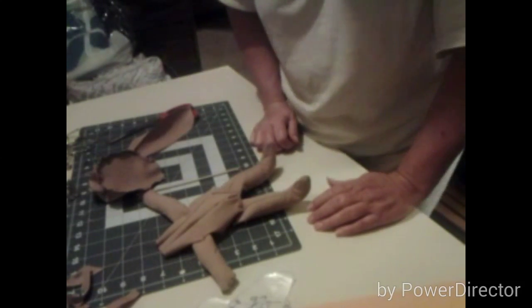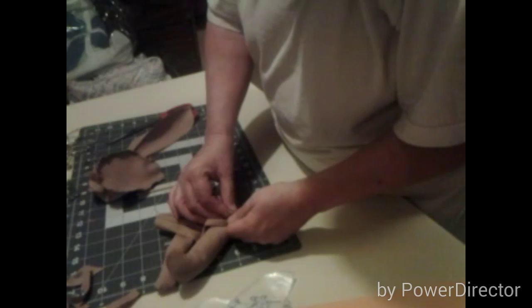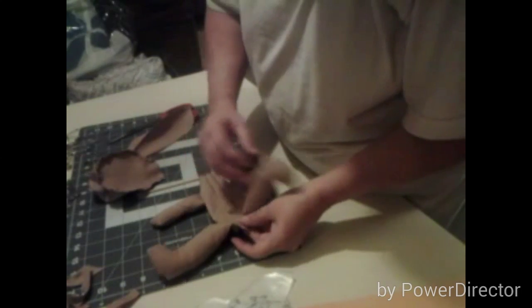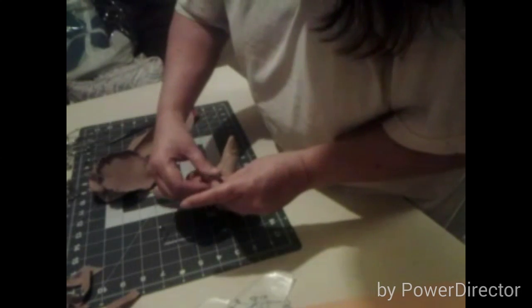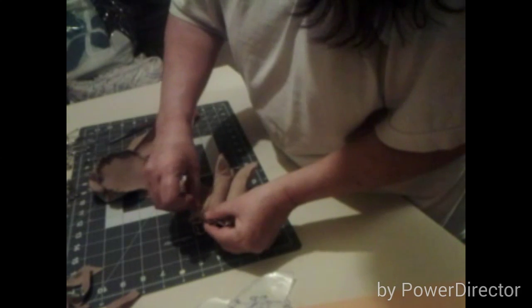I got them backwards. See? Now let's just take them off and turn them around. We don't want our feet backwards. So we'll turn it around, because this is our back. We stick out a little bit. And then